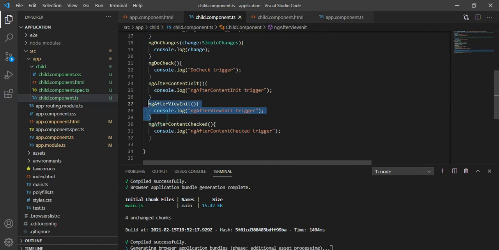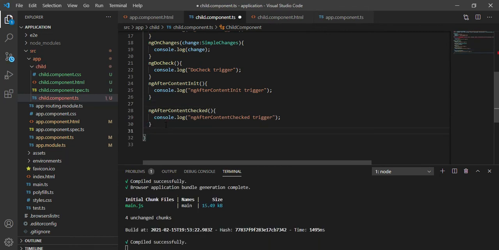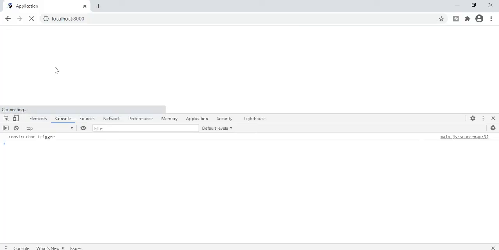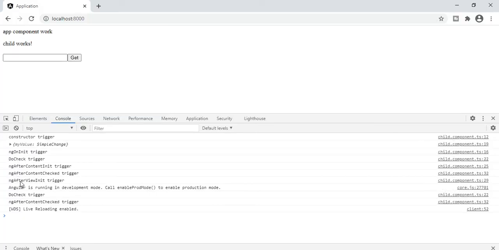So see, after content checked has triggered, then after view init is triggered because our initialization of the component is complete.